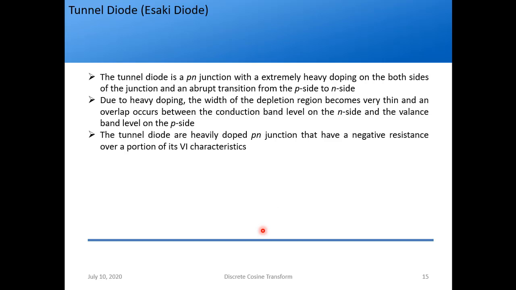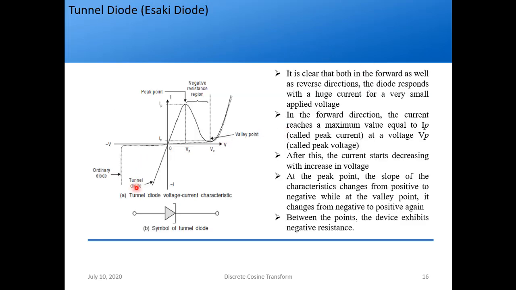Then we saw the applications. Then we went to the tunnel diode. So what happens in a tunnel diode? Basically tunneling takes place. We saw that when the reverse bias voltage is applied, the current decreases from the negative to the positive value, and when forward bias is applied, that is P to the positive terminal and N to the negative terminal, the current increases with the voltage. So this is a positive resistance region. But above a peak voltage Vp, even though the voltage increases, the current starts decreasing, and in this negative resistance region we get the oscillations or the amplification.